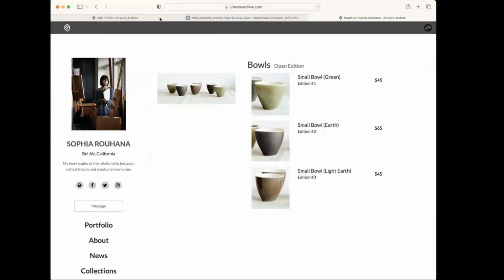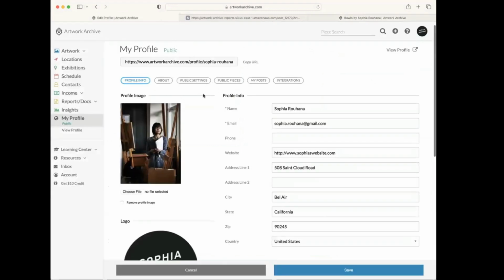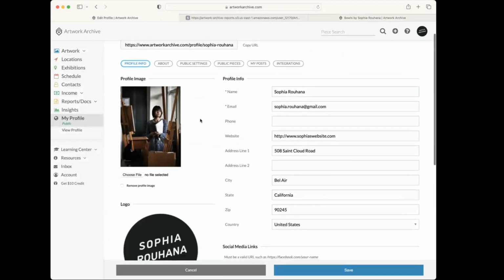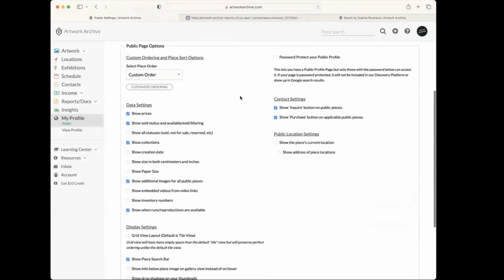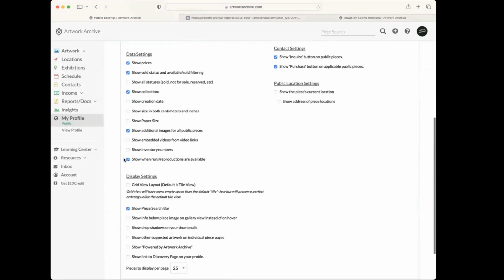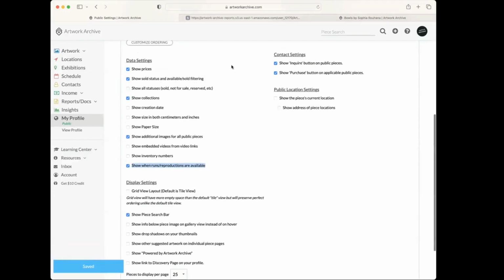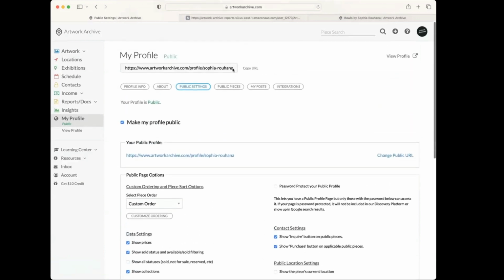And how you can make sure to, I'm going to go back to my internal dashboard view here. I clicked my profile and I can go to public settings to show when reproductions are available. So I can either enable that or not, and that information will show up like I showed you. I can also